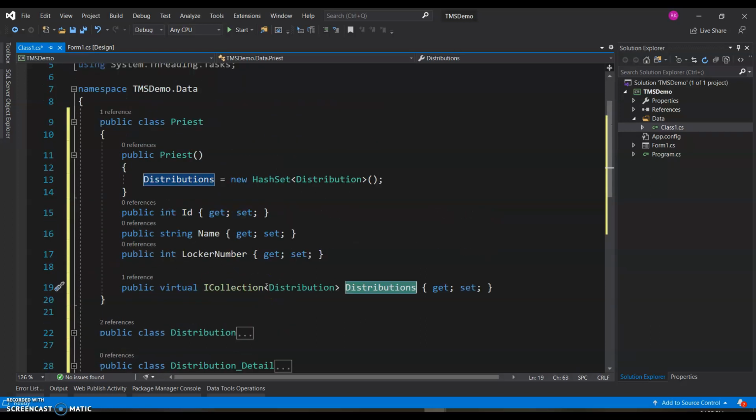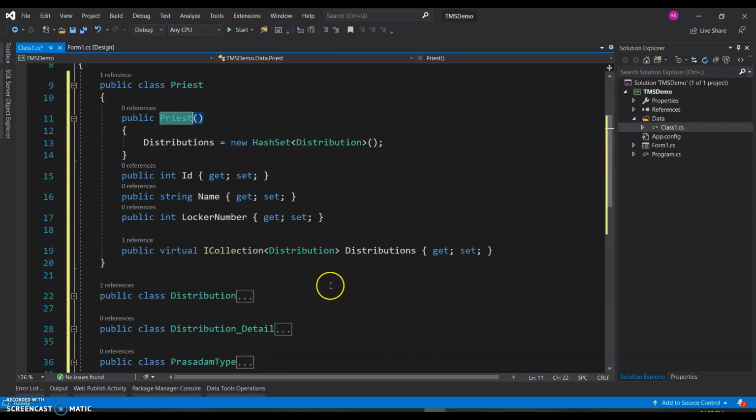So this is more of a convention to let Entity Framework know that actually this is my related entity and I want you to be able to load this data when I query for priest. And the same applies for all the other attributes which we will be discussing shortly.